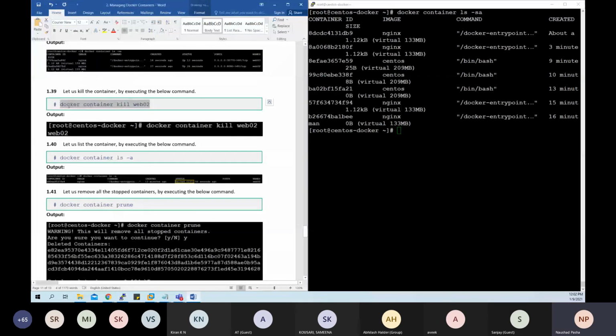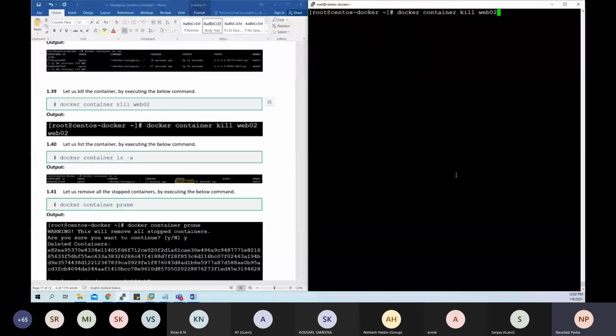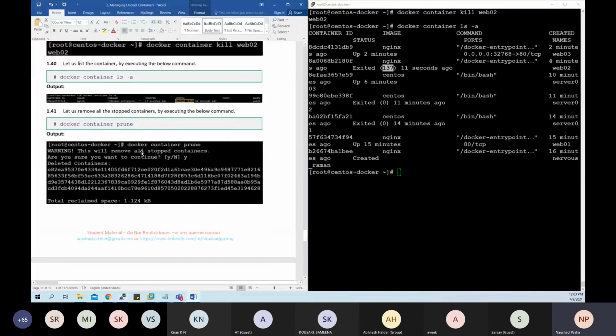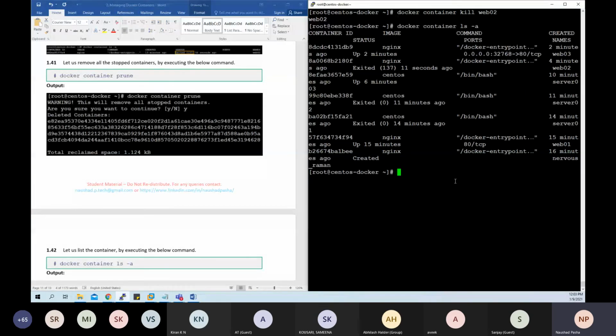We can kill a container if need be. The difference between stop and kill is that kill uses signal number 9 and stop uses signal number 15. Signal number 15, a stop, is basically a graceful, ordered termination, but not the kill. Even if you pay attention on the ls -a, you can see the container in exit state, but the exit code is not 0, which means it was not good, it was ungraceful.